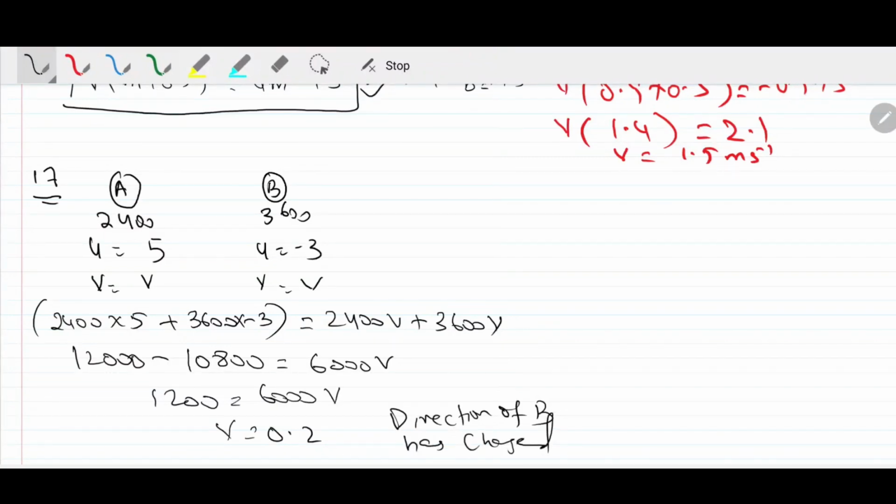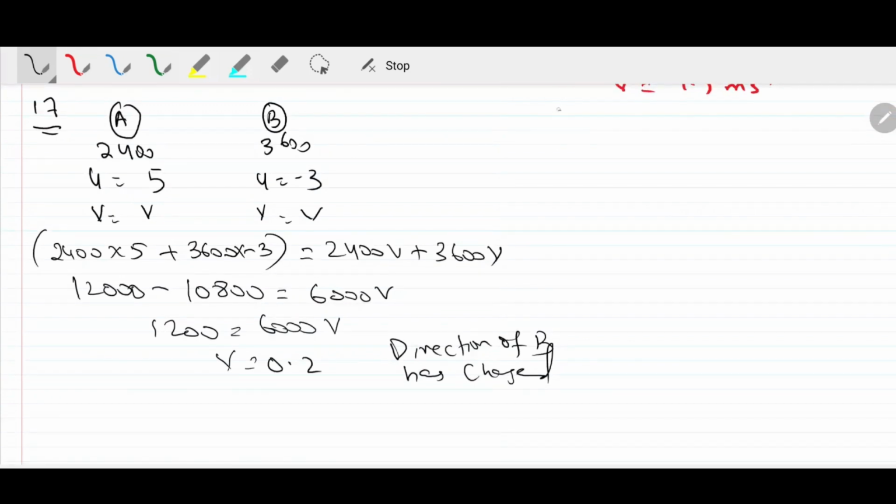In the next part of the question, given instead that A and B are moving with equal speeds in opposite directions after the collision, calculate the speed of the wagons and the change in the momentum of A as a result of the collision. So if they are traveling in the opposite direction after the collision, it means that